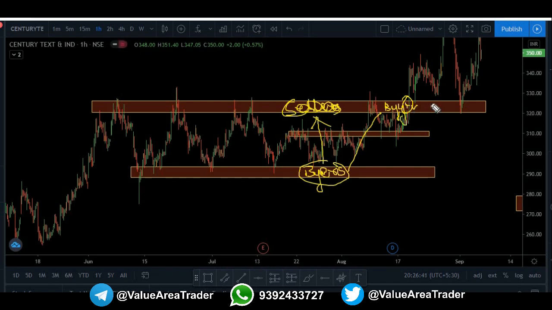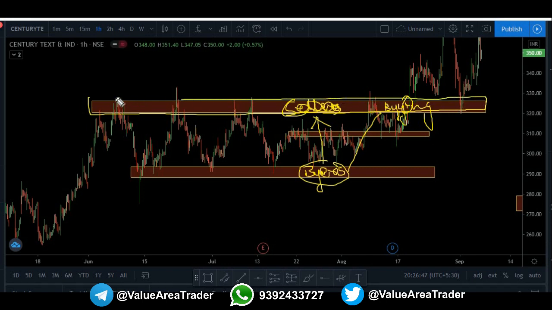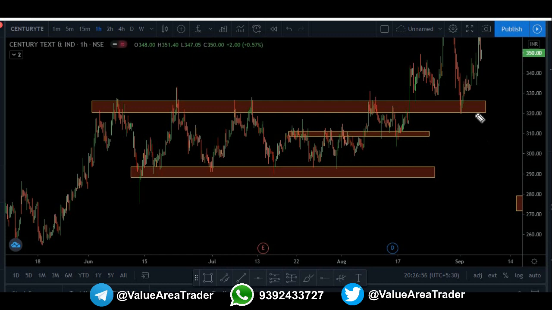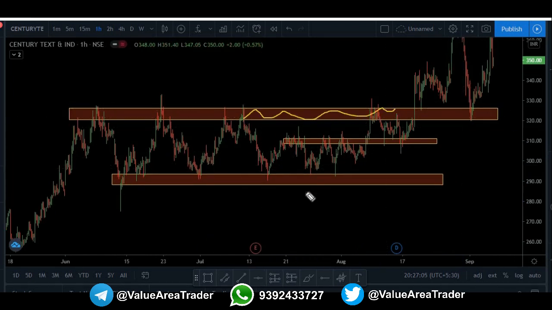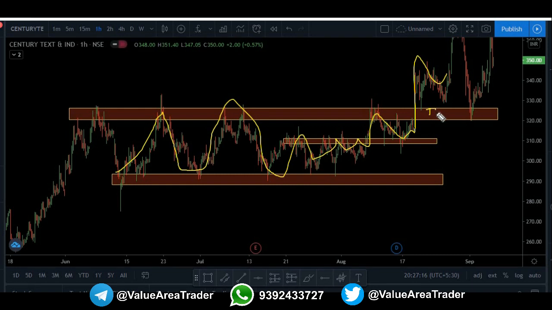I want you to understand the psychology at this particular point. What happens when a particular resistance is broken? The sellers are defeated at that position, and that position is taken by the buyers. That's how wars are also won, right? When we won the Kargil war, the Pakistani people were previously holding that particular area, but when the Indians won that area, we took it over. That's how it happens in trading as well. It is a continuous war between buyers and sellers. When buyers are winning a particular battle, they take the position and hold it until sellers again defeat them. This is how it works in trading as well.